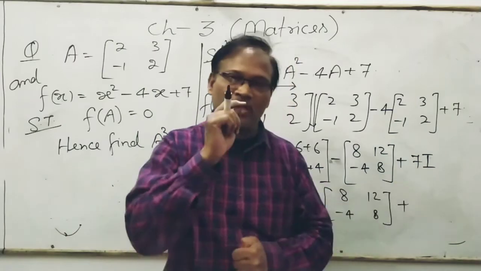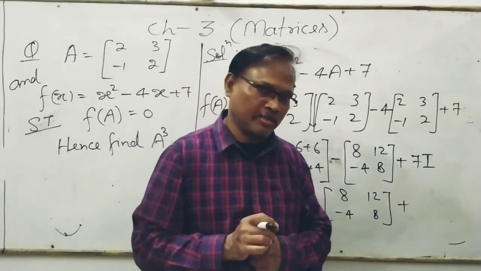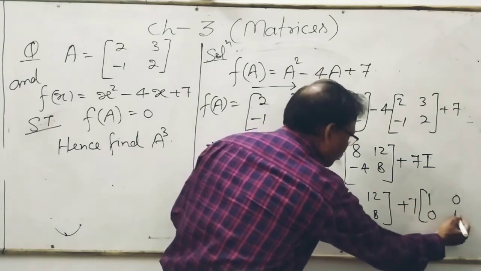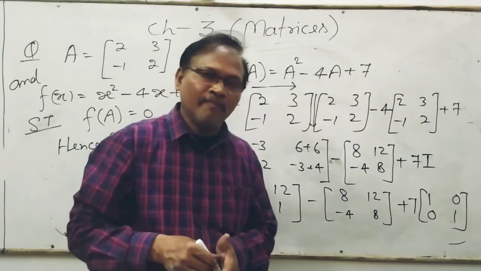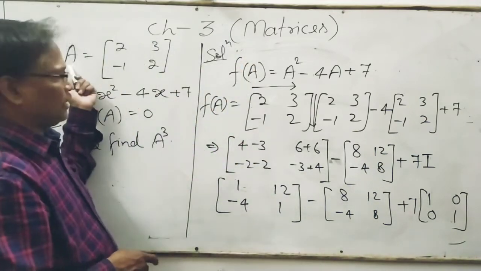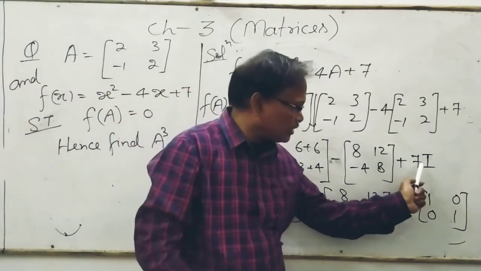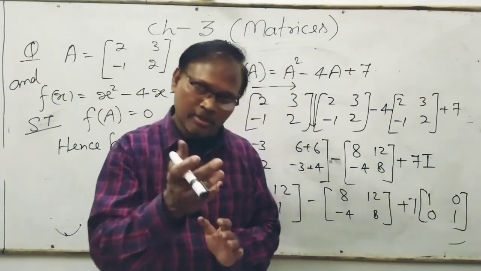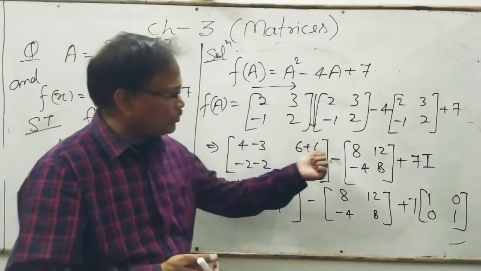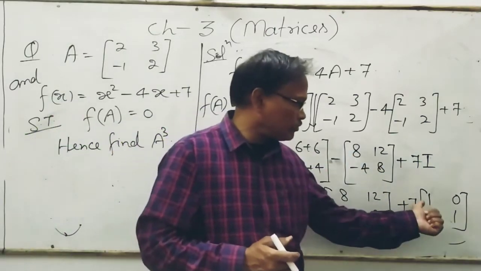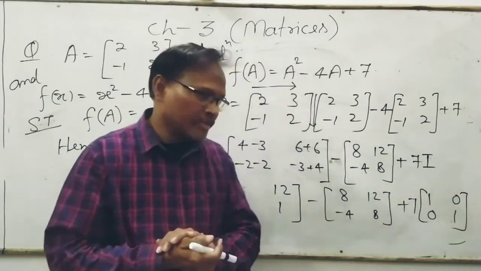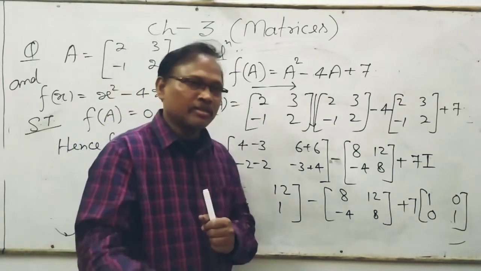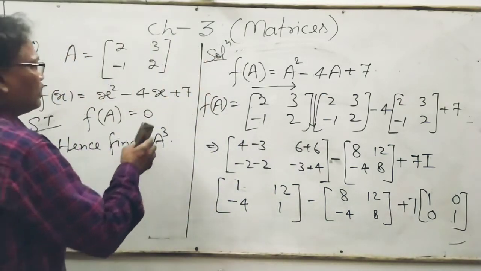a unit matrix, and this unit matrix is 1 0 0 1, 2 cross 2 order, the same order of the matrix A here. Then you can write, because unit matrix is the square matrix, and in the 2 cross 2 or 3 cross 3, we have taken here only 2 cross 2 matrix, therefore you will take only the 1 0 0 1. Then multiply. This is the first point in the question that the student does not know, so we have to tell this. Now